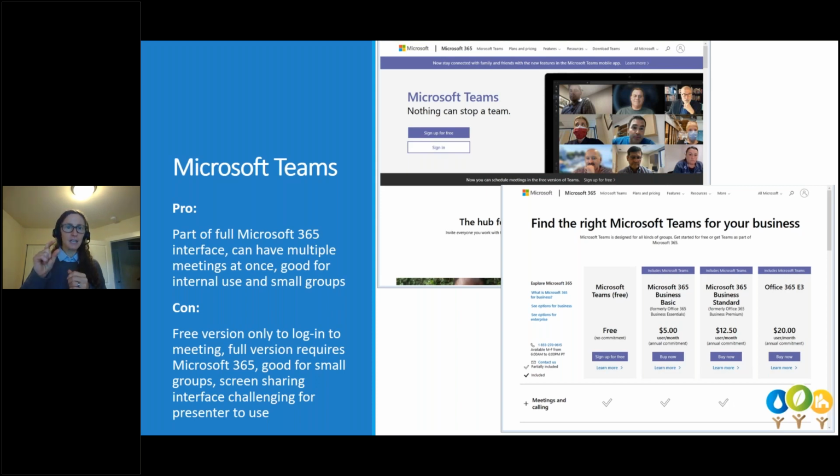If you are limited in your Wi-Fi or bandwidth capability, Teams requires a lot of your computer to function really well. For instance, I can have a one-on-one with someone, but if it's more than that, a lot of folks have to turn off all the incoming video just to stay in a call with their voice. And you can't call into Teams unless you upgrade your payment to have a phone number, but there's no phone call in. So those are unfortunately the limiters, but if you're already in the 365 platform and world, then it's great because it's just part of what you're already doing, kind of like that Google world and platform.